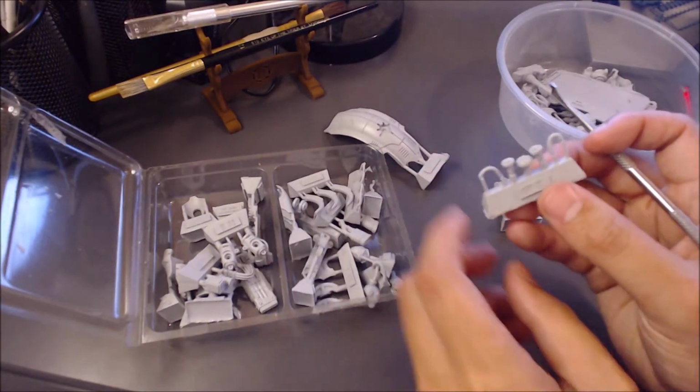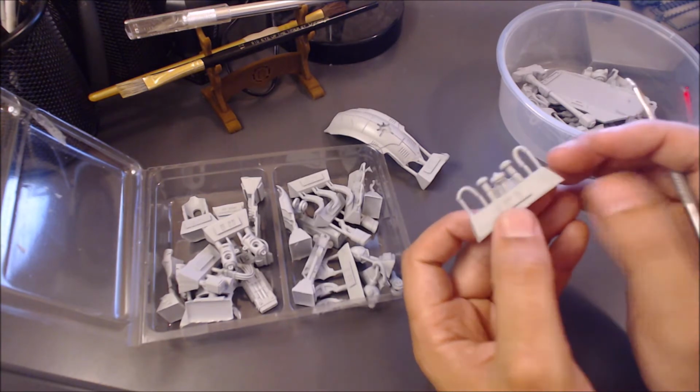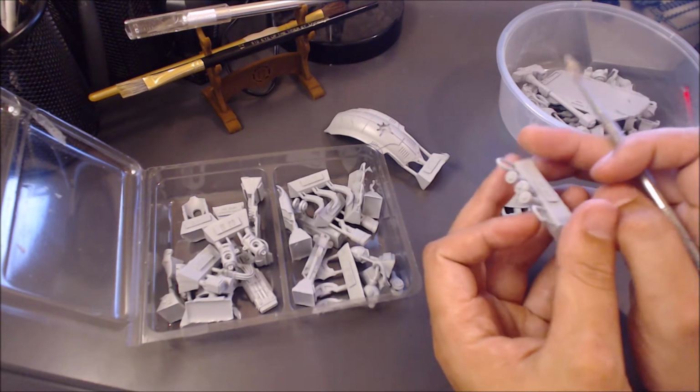Some of these other bits, like these ones here, since they're just getting cut here and here, I leave these on the blocks and just scrub them off and put them in